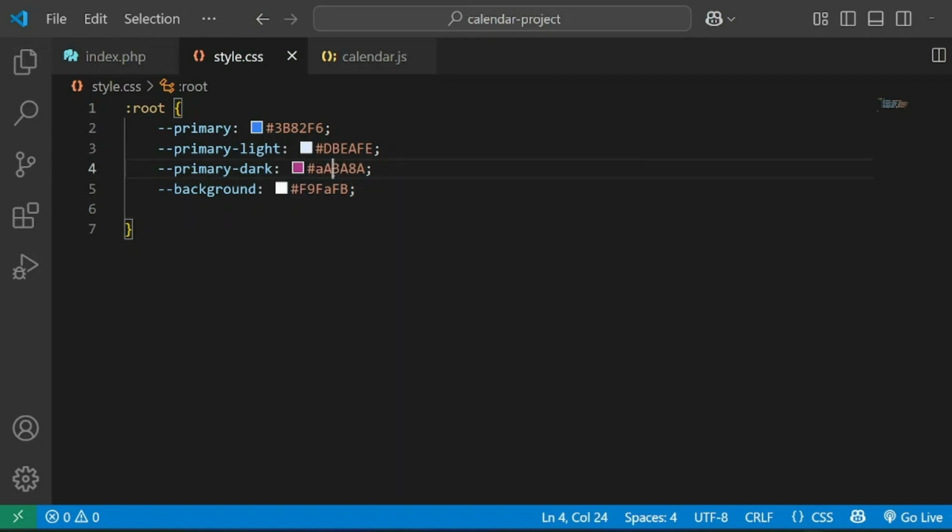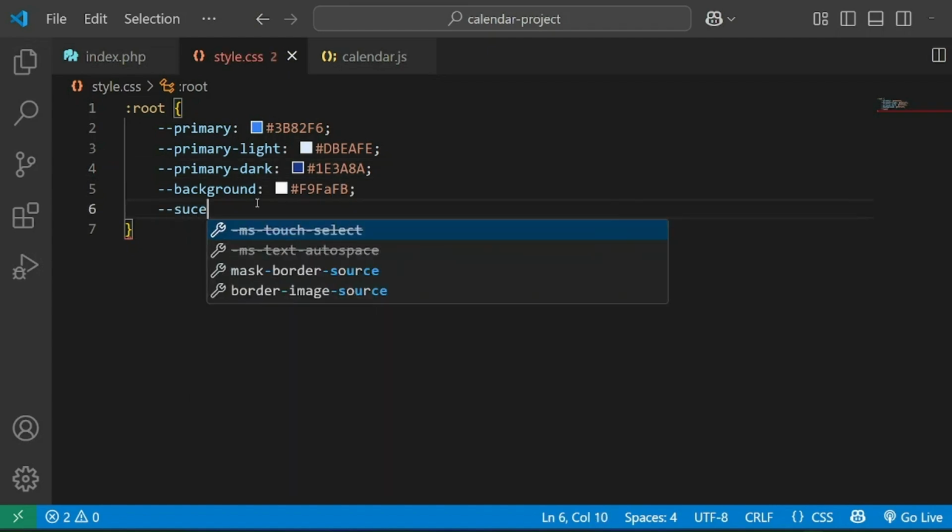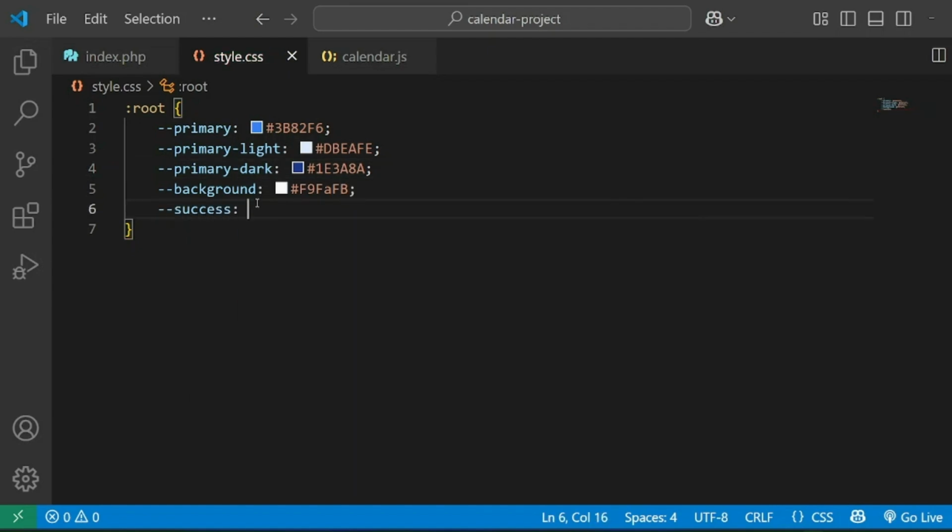I think this has to be a 1d, 1e and then 3a 8a, yeah. And then we have to set the color of the success message to be as d1fae5. So when we do some operations like adding a new appointment or editing an existing